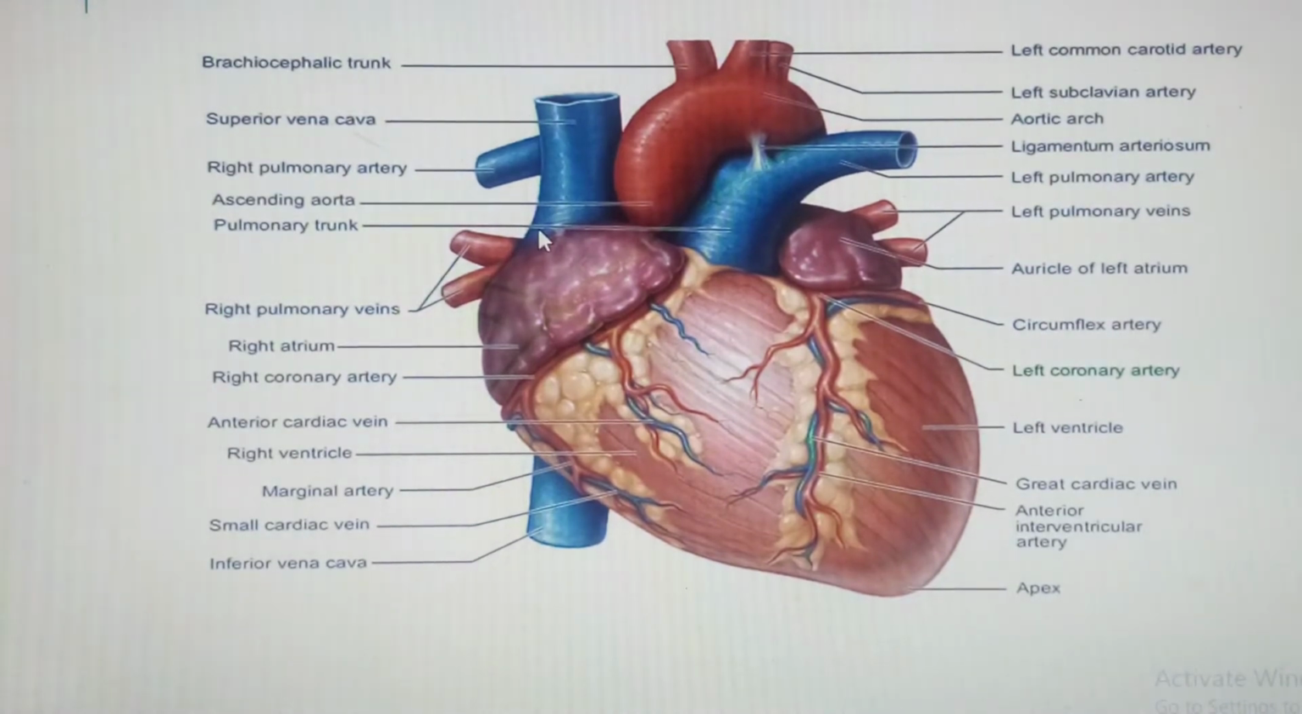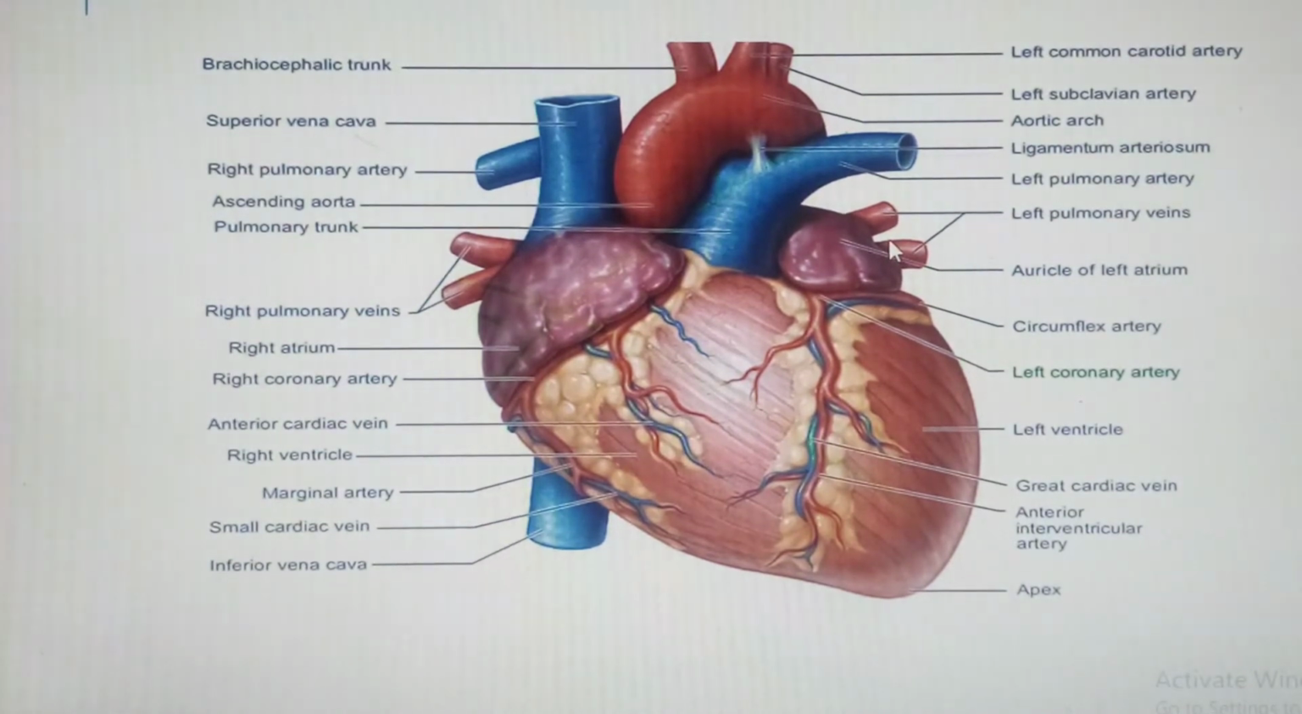I'll be coming to it pretty soon. The right atrium of the heart, and then opening into the left atrium of the heart will be the left and right pulmonary veins. There are actually four, so we are going to have left and right superior, and of course left and right inferior pulmonary veins, opening into what we call the